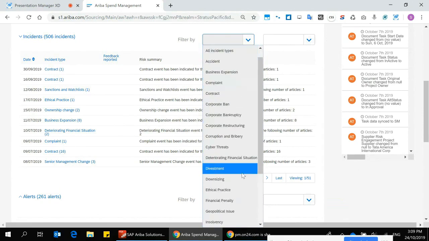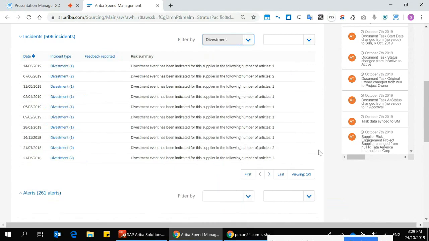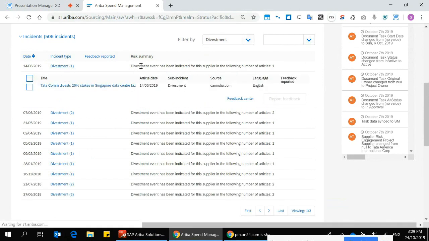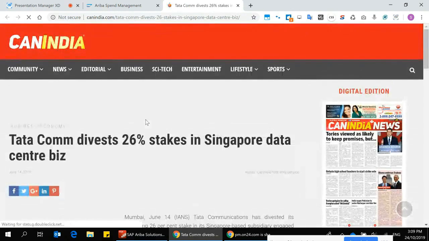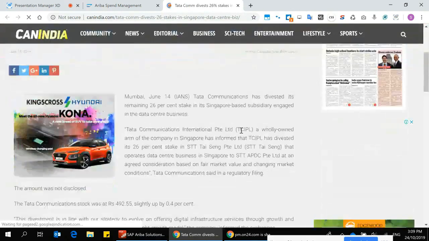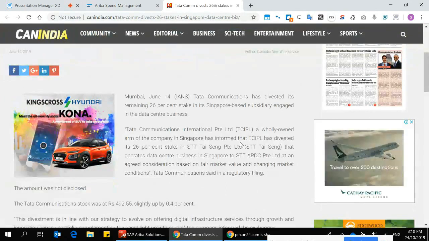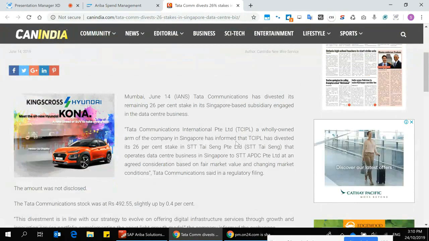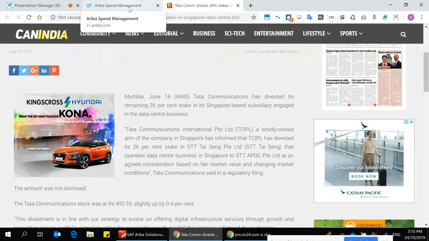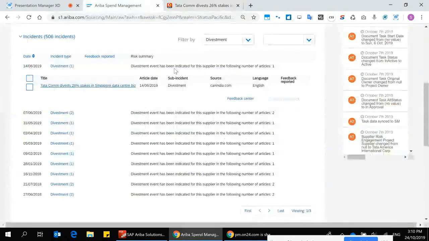For example, if I select divestment, this will show me all the divestment risks or incidents that may have occurred for this particular supplier. Let me drill into one of these. You can see there's an article. Let me select that article. This takes me directly to the source information, and we can see that Tata divested from some data center organization in Singapore. If I was reading this, and was looking at data center services through Tata, potentially in a tender or something, this might be very relevant information for me